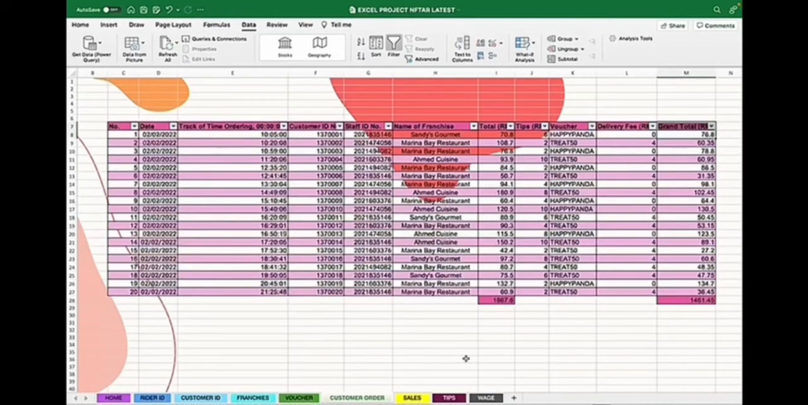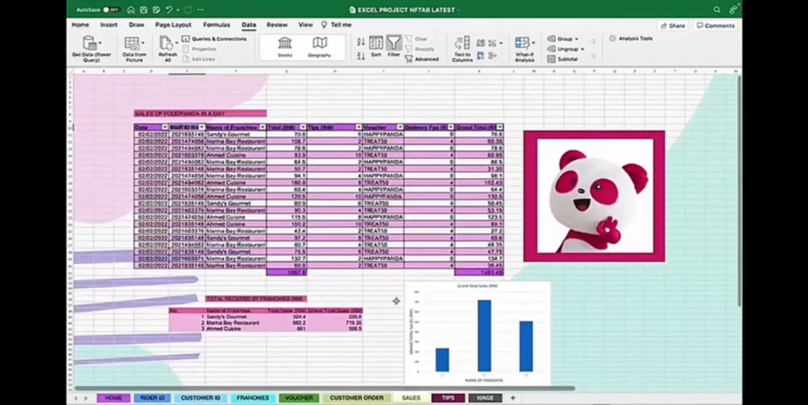And next, we are going to take a look at the page of sales. So this is the data that contains the sales made by each of the mentioned rider IDs for the day, which is the date 2 February 2022. For staff ID number 2021-85146,